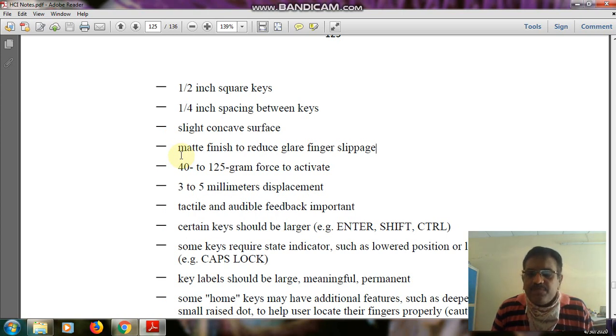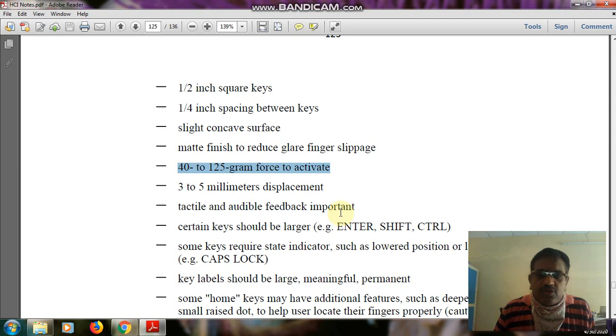If you observe, the key is very smooth. And to press a key, 40 to 125 grams of force is required. Suppose you want to press the key B; you are using only 40 to 125 grams of force to activate the key.